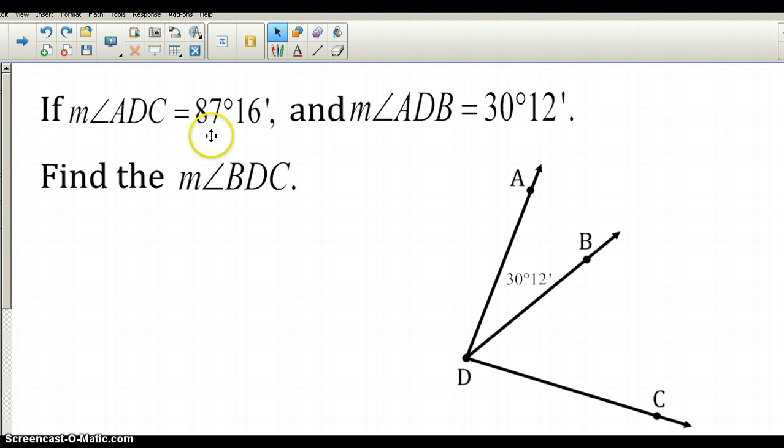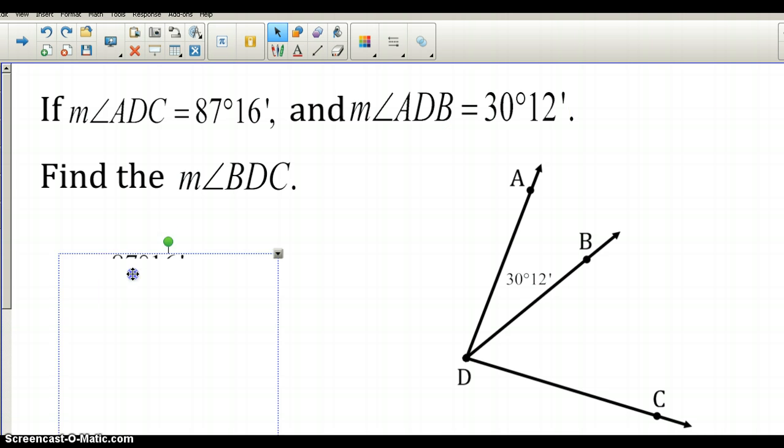ADC is 87 degrees 16 minutes. I'm not even going to deal with seconds, so we're not going down to the seconds. So we're just saying this is 87 and 16, which is a little less than 87 and a half degrees. I tell you that ADB is a smaller angle. It's 30 degrees, 12 minutes. So it's less than 30 and a half. I want you to find this one. So are we doing an addition problem or a subtraction problem? I give you the large angle and a piece of this. So hopefully you know it's